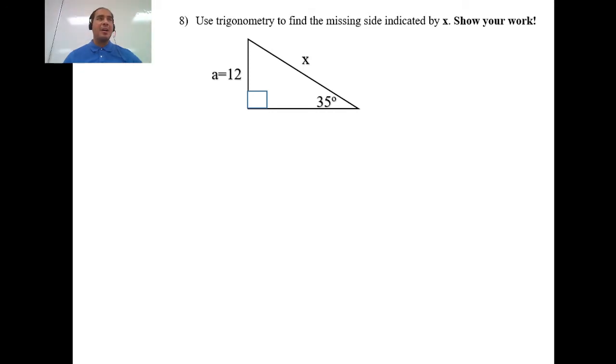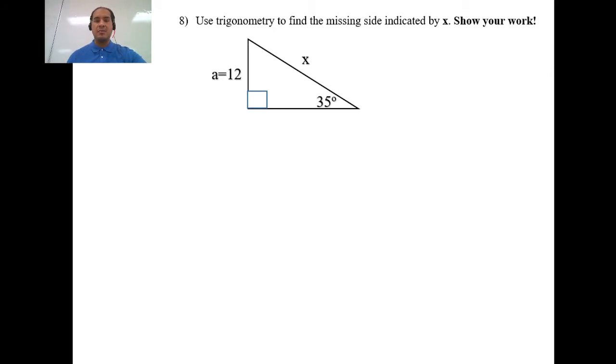We are working on getting ready for our Algebra 2 final, building into some trigonometry now. We're going to use trigonometry to find the missing side indicated by x. In order to do that, we have to make sure we can identify the reference angle, the leg opposite of the reference angle, the adjacent leg,